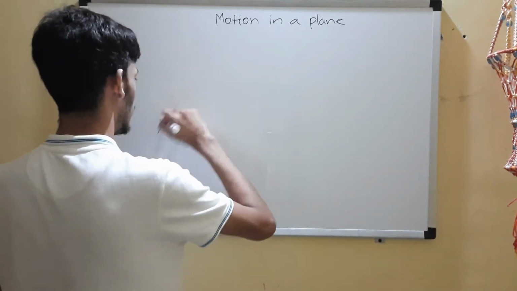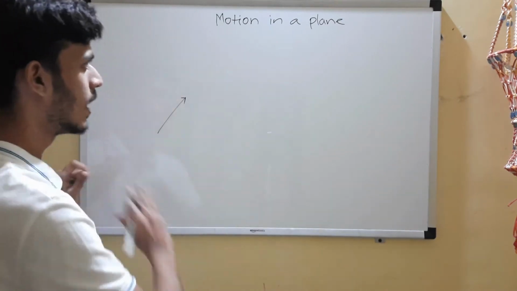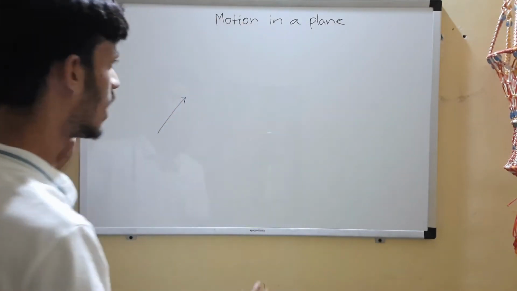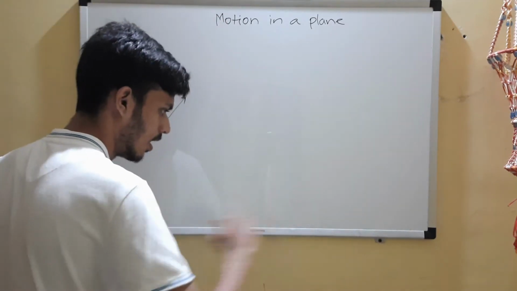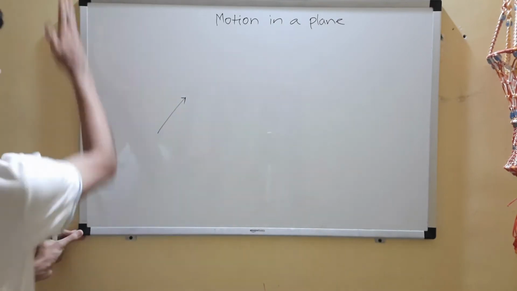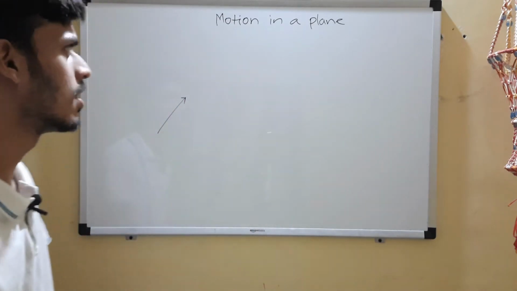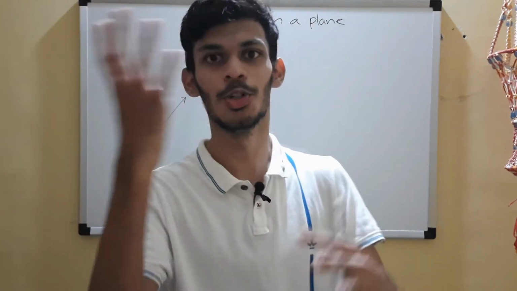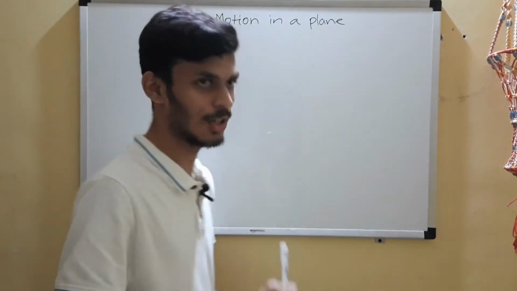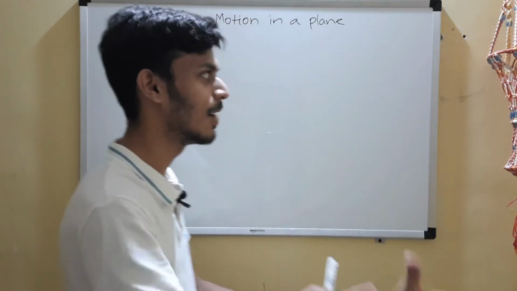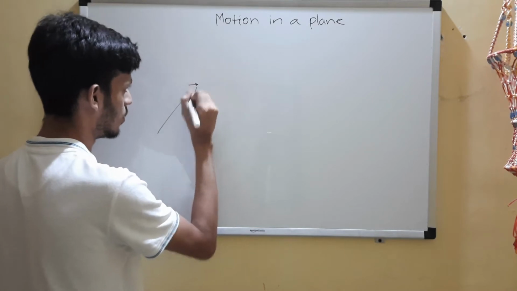Okay, so let's begin today's discussion by choosing a vector. So we have chosen a vector in this plane, the plane of the board. Let's consider this plane to be the xy plane. We'll consider this axis over here as the x-axis, and this axis which is shooting up is the y-axis. So this is the xy plane. We have chosen a vector. Why did we choose a vector? Because most of the terms in kinematics especially, velocity, displacement, acceleration, all of them are vectors, right? So you can plug any of them over here. I'll say velocity, you can choose anything.